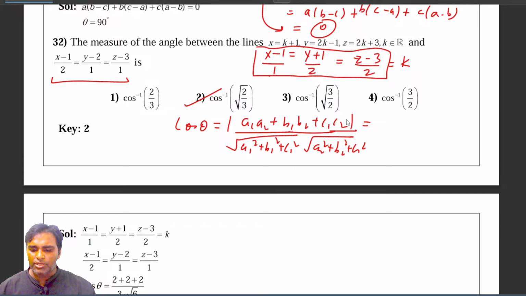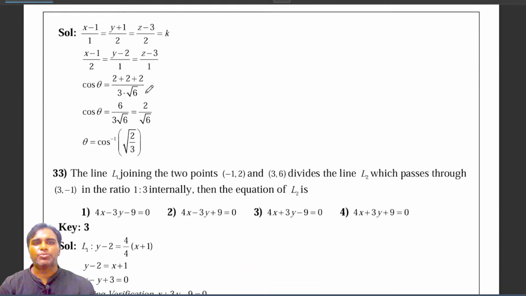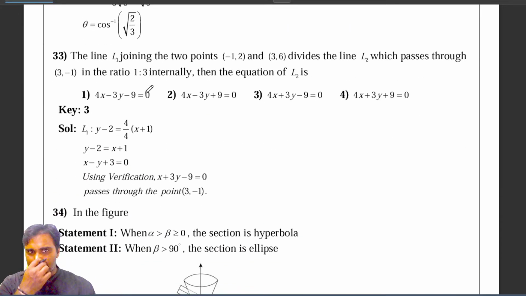Calculation is your part only. Okay. So 32, option 2, very much easy problem, not so much tough. 33, let's see. The line